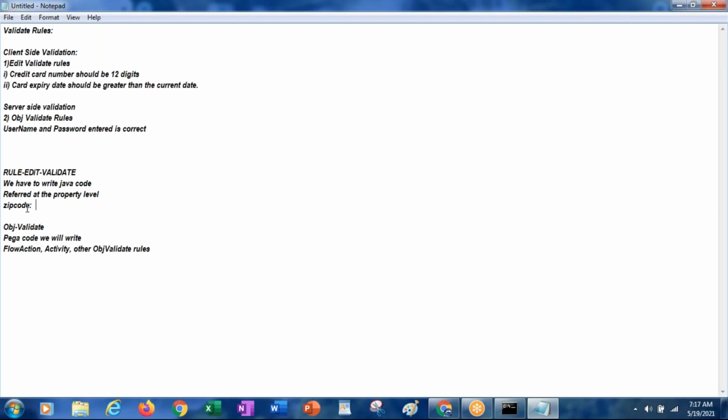Even in all 20 places, this validate rule will be applied. Why? Because we have referred to this edit validate rule at the property level, so wherever you refer to this property, this validation will be applied.